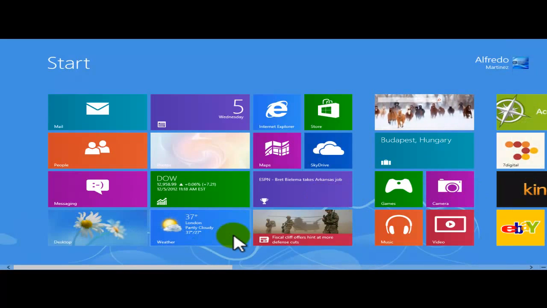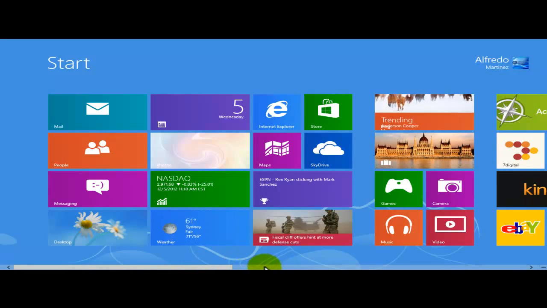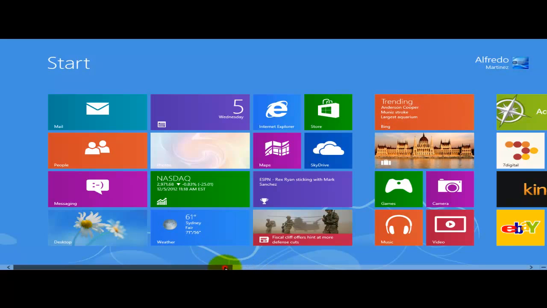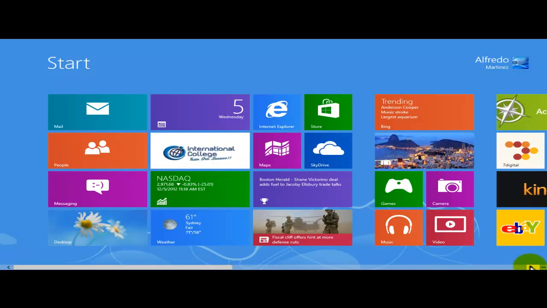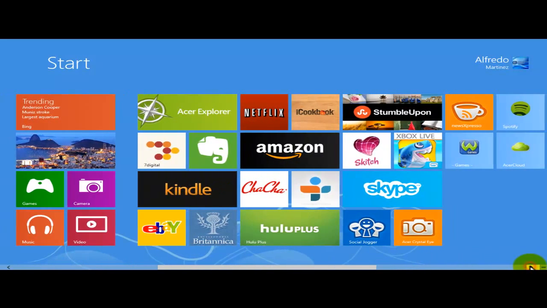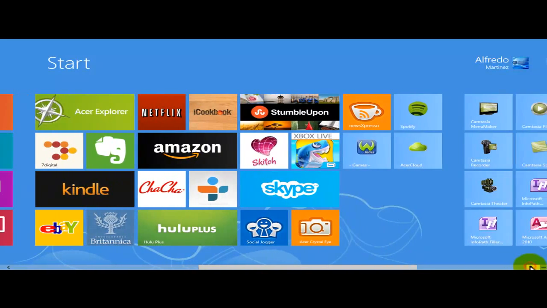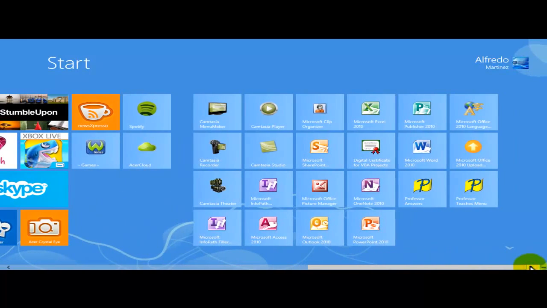Now, if you look at the bottom, there's a scroll bar. Every time that you see a gap, there's a big gap right here between that scroll bar and the end of my screen on the right hand side. That means that from here we could scroll horizontally to the right, and other apps are going to start popping up. As we continue, I'm going to start seeing different applications, different apps that I have installed